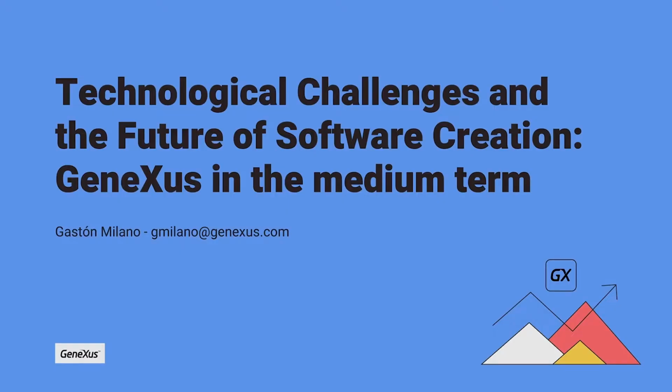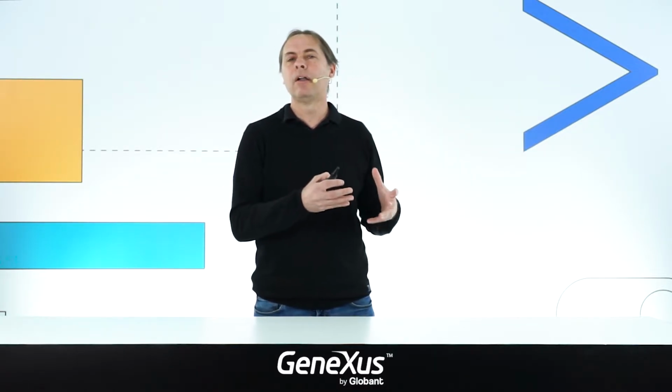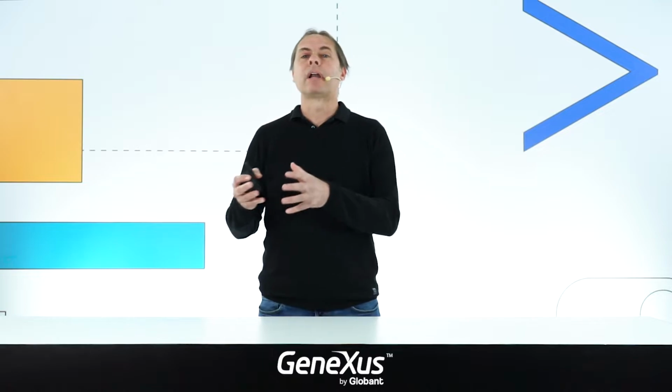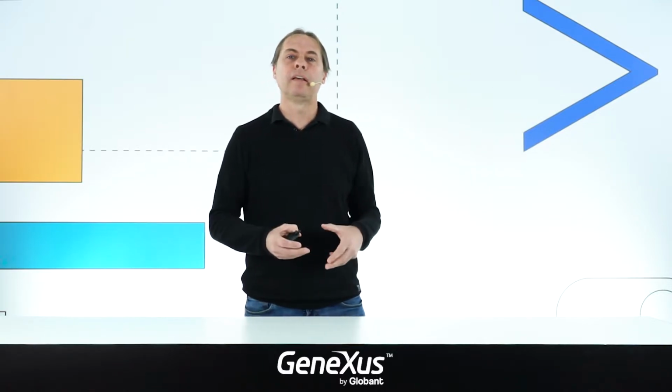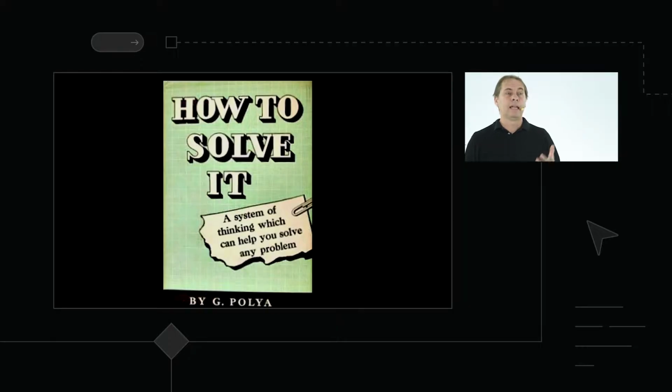So, what problems do we try to solve with GeneXus? The problem is, on the one hand, that creating software is becoming more and more complex, and we also have to do it in a shorter time. Therefore, the problem that we've tried to overcome since the beginning of GeneXus is how to add value in record time, how to change the order of giving value to the different industries through software.